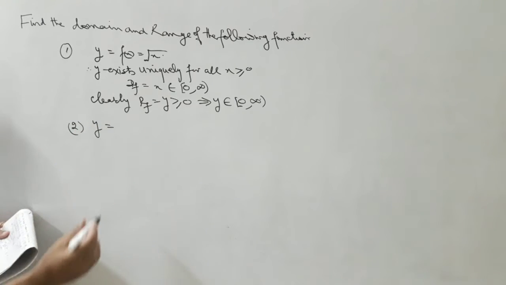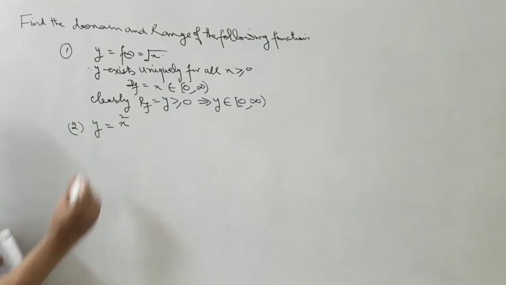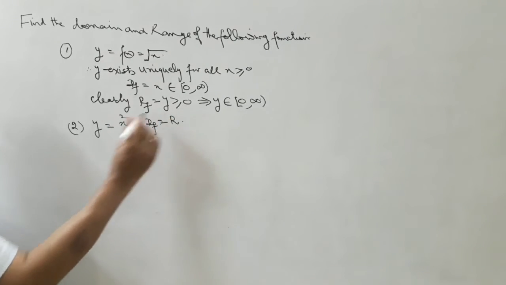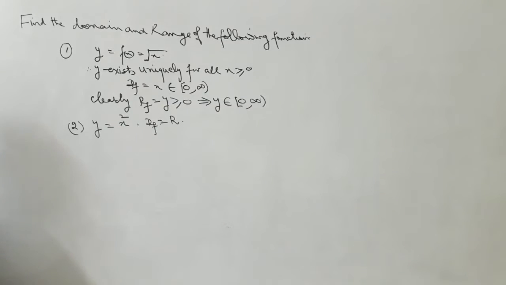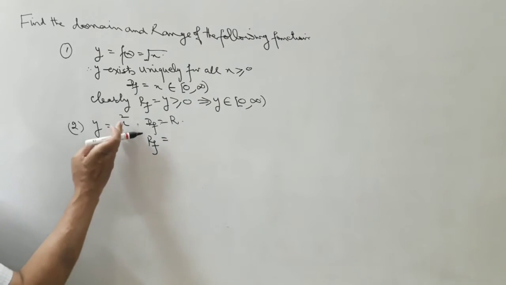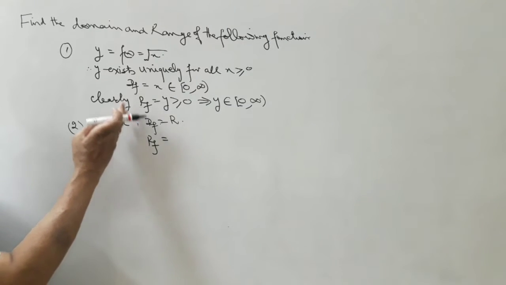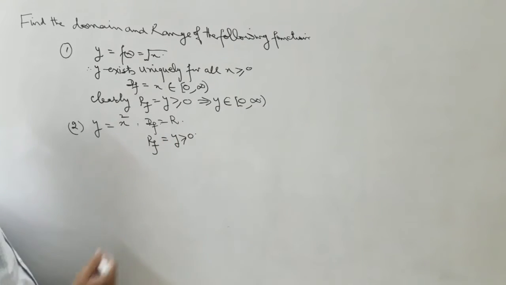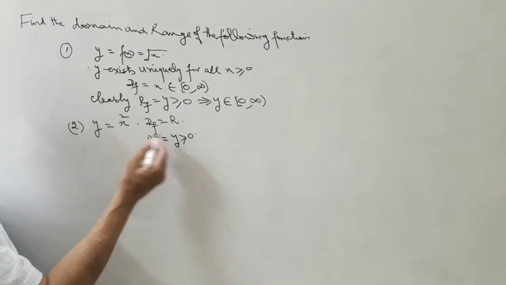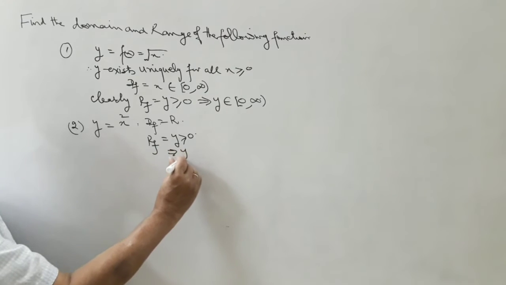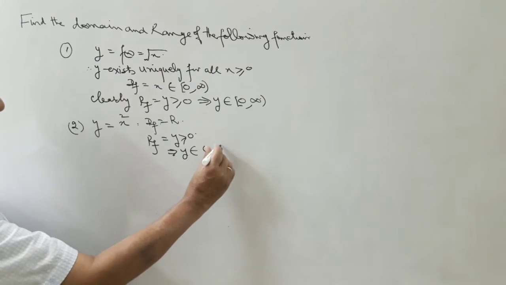y is equal to x square. See, the domain of the function is all real, because x can have any value. But you see the range of the function: whatever value you put here, x equal to 1, 2, 3, 4 and so on, y will be positive. So y is greater than or equal to 0. Maximum 0, or in this case we can have y greater than or equal to 0. Positive can come or 0 will come. This means y belongs to 0 to infinity.